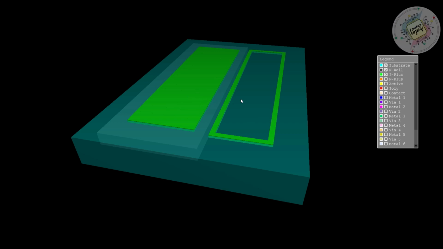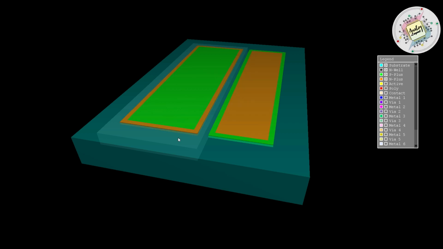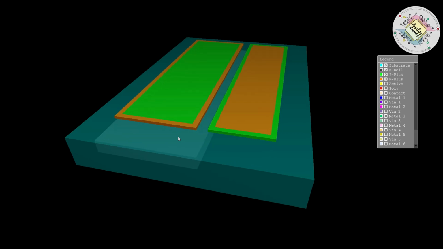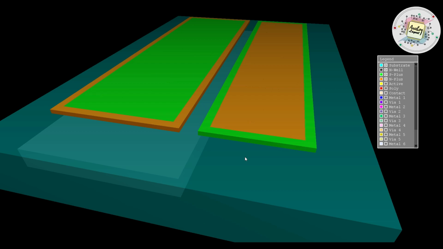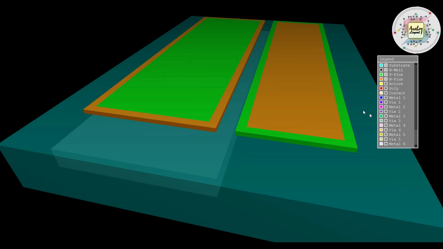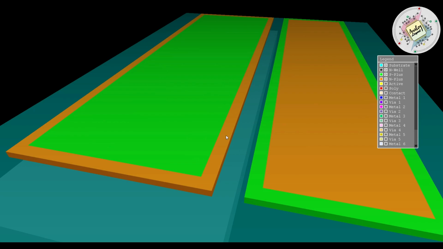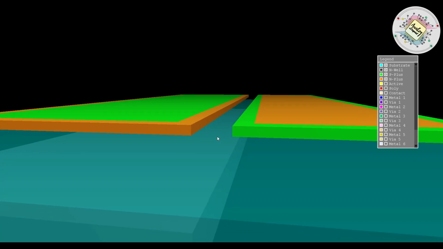After fabrication of this P plus, the next layer is our N plus layer. Let me take a closer look at this. See, the P substrate layer is here and the P substrate layer is here. But the P implantation and N implantation are not stacked on top of each other. They are in the single same layer only. This is not two levels of layers; we have formed our P implantation and N implantation within a single layer. Hope you can see this. I think this is much better to understand.